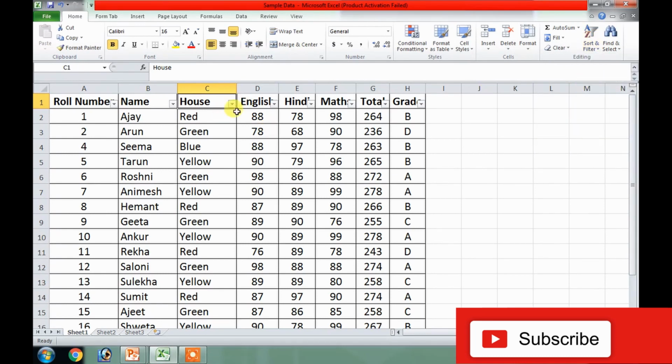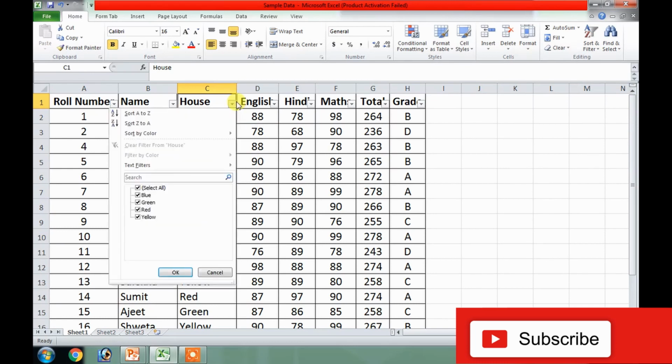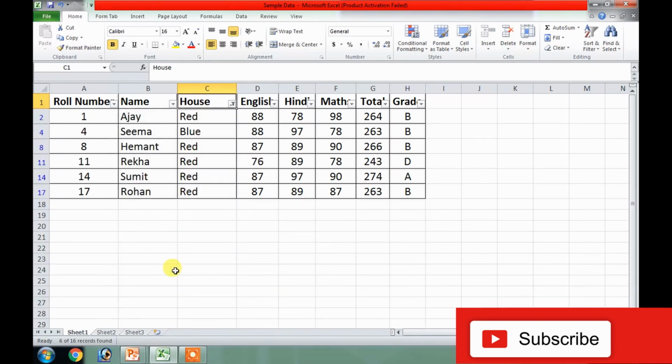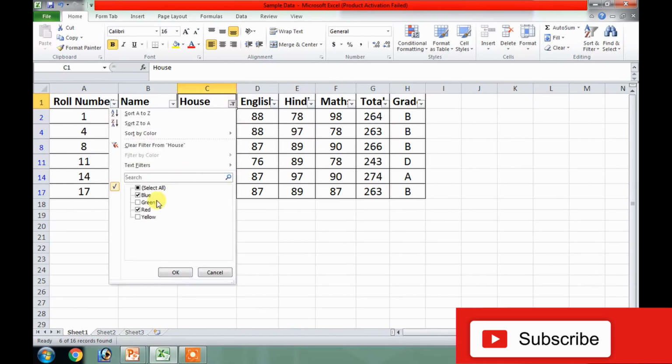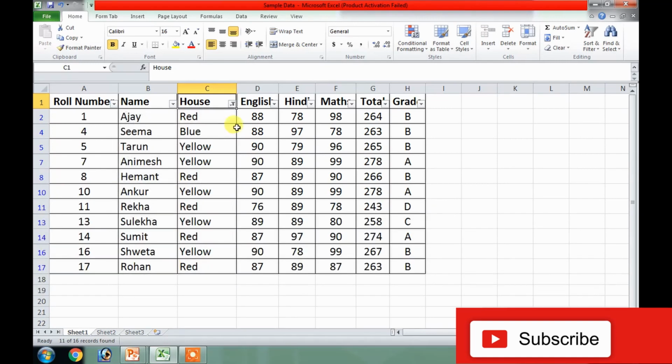When we click on this arrow, we can look at the categories of houses: blue, green, red, yellow. Suppose I look for red and blue, I'll be able to filter the data only for the red and blue houses.